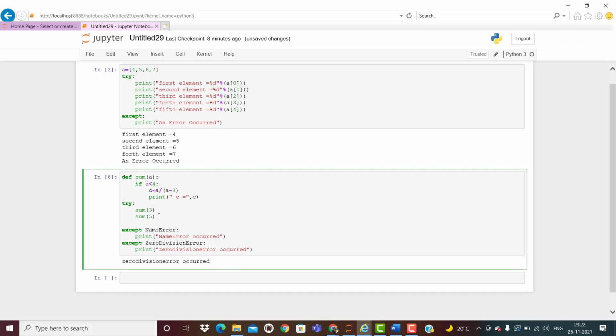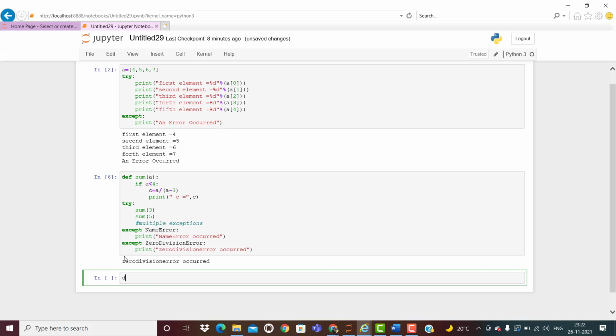And here we can say this is multiple exceptions. So I will write here multiple exceptions. Multiple exceptions you can throw. Now here, the exception we have taken. So here in the exception part, you can use the else part also. So that is how we can do it. Let me write another example. So here I'm going to define one function.